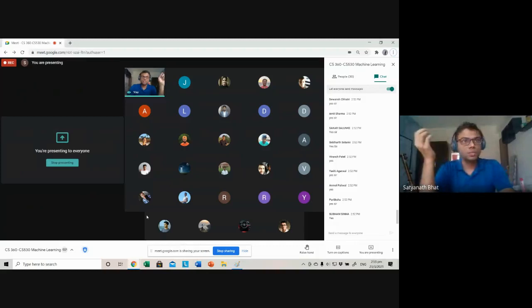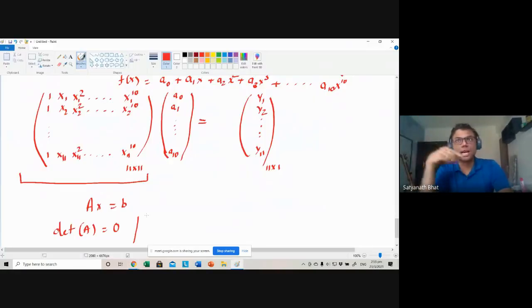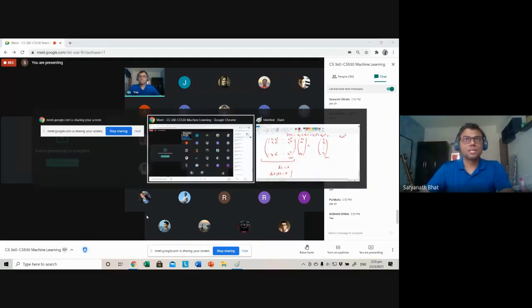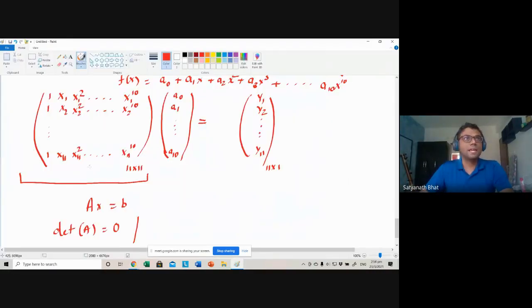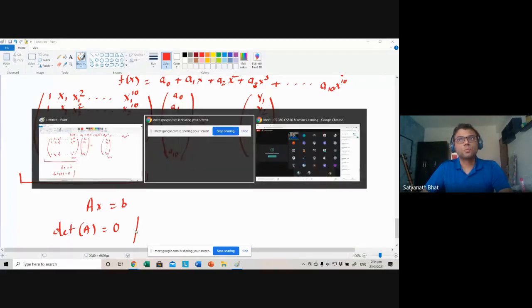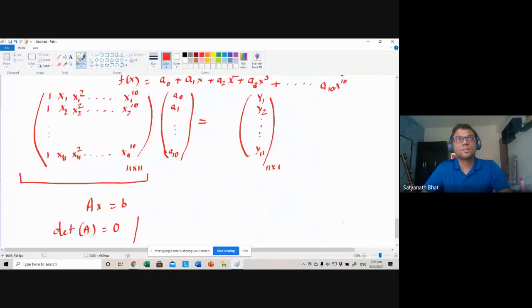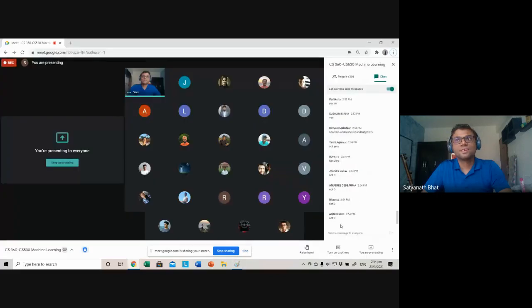So you can say 0 or not 0 in your chat just to understand. How many of you think determinant is 0? You can say 0, and if you think it is not 0, you can say not 0. Can I see in the chat? You understand the question, right? So there is this matrix A, which consists of these components, A1, X1, X2, all these things, times this is equal to Y. How many of you think determinant of A is 0? Okay, so everybody says not 0.